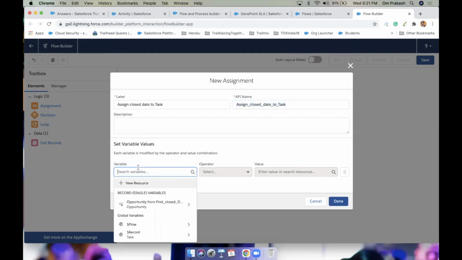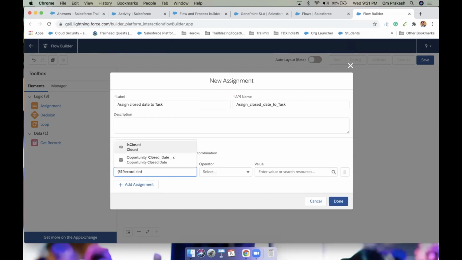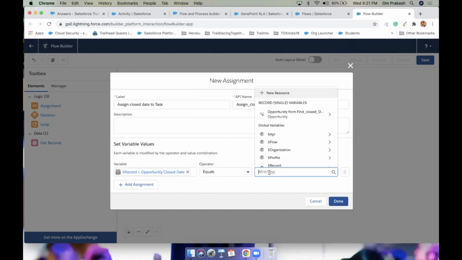So variable, record, meaning the task, as I discussed recently, task dot close date, opportunity close date, equals opportunity. Which one?